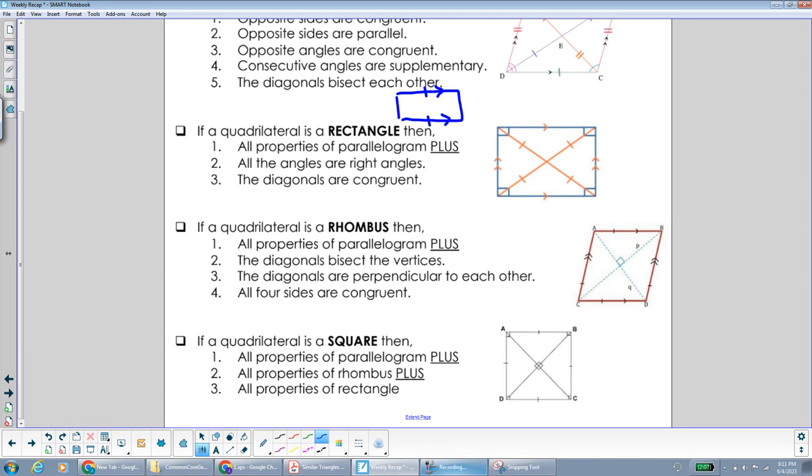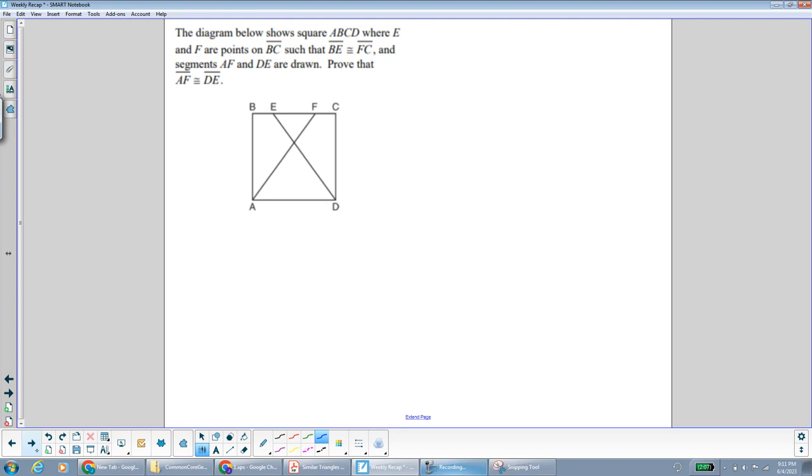We also do have one other quadrilateral, a trapezoid. You do need to know what a trapezoid is and what an isosceles trapezoid is. So that is definitely something to review as well. The very last thing that I do want to talk about in this video, because this video is getting a bit long, is I want to talk about this proof over here because it uses something that might come up